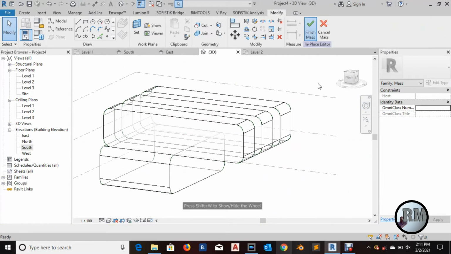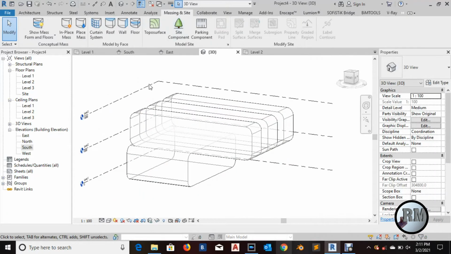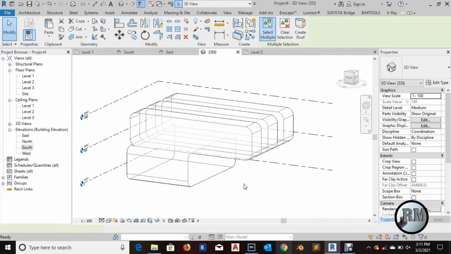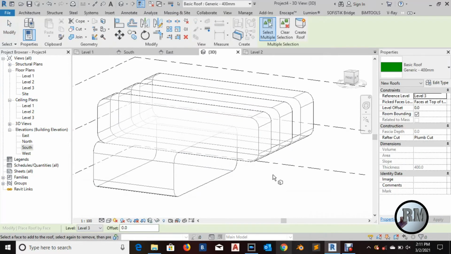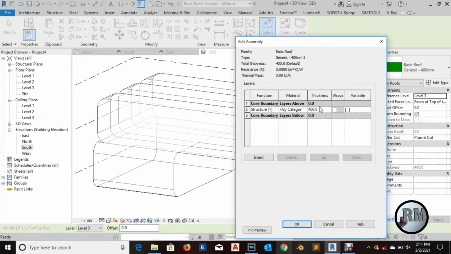You can just go to finish mass, and that's okay. Then go back to massing inside and select roof for our floors. Now as you can see, we have this generic 400mm roof. You can just change its thickness by going to edit type, then duplicate, okay, go to edit, then change its thickness to 300mm, then okay,